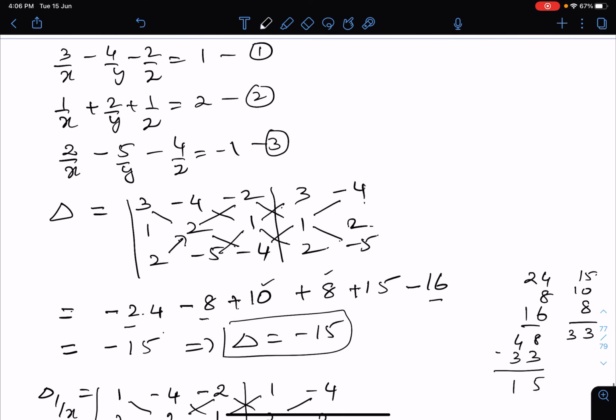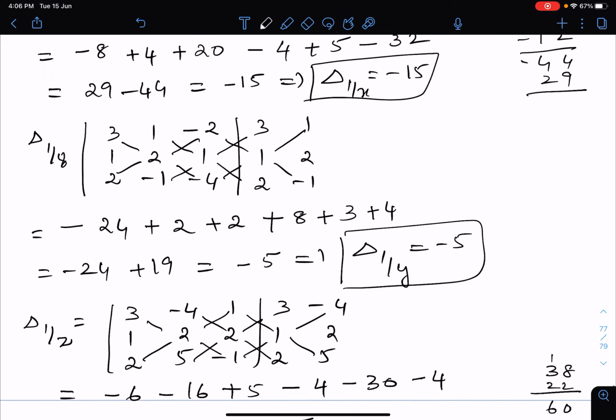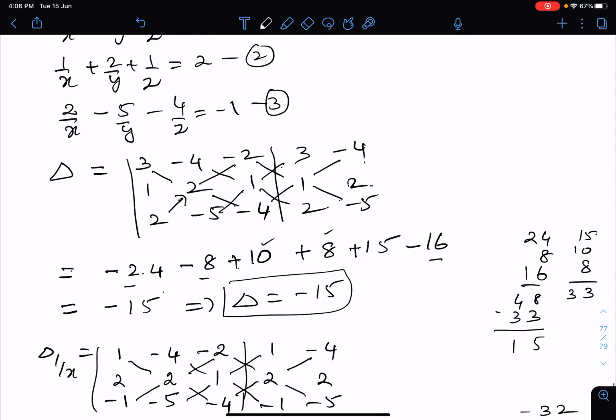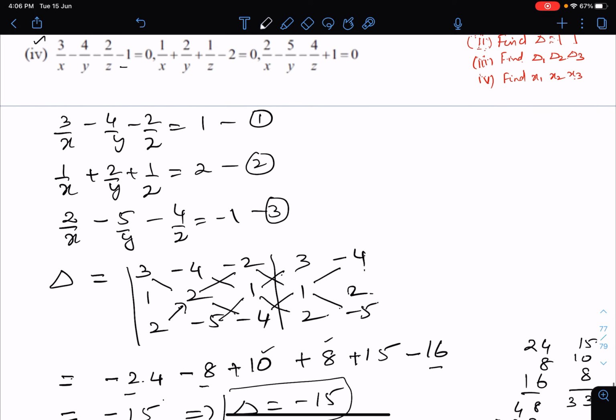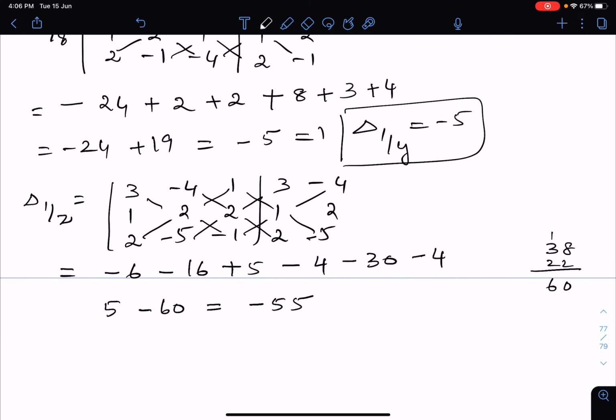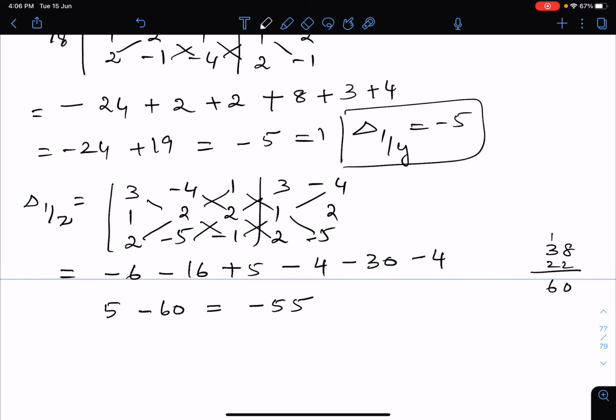It is minus 5. Okay, no wonder, because all these are in 5 and 15, you cannot get here a 55, so you should get a doubt here itself. Okay, so this is minus 5. So I have left a minus sign. Minus 4 2 minus 5, and the last column you are replacing by 1 2 minus 1. Okay, now you will get your answer. So let me do it once again.